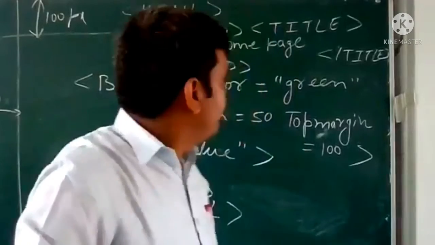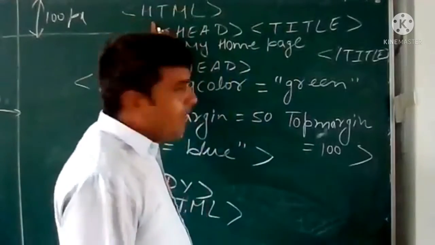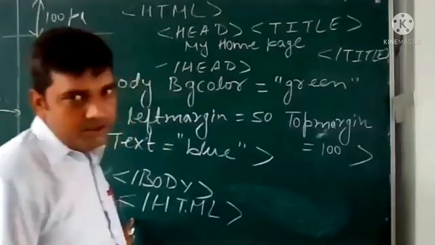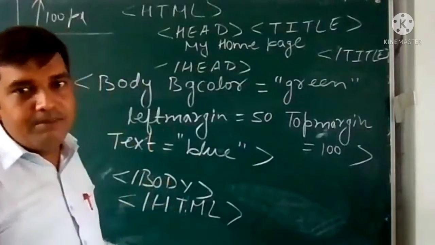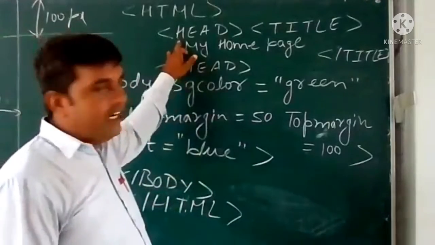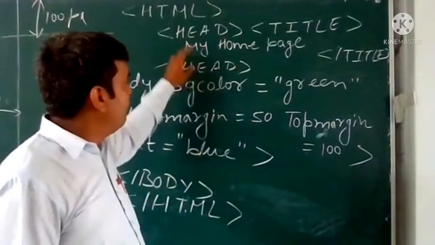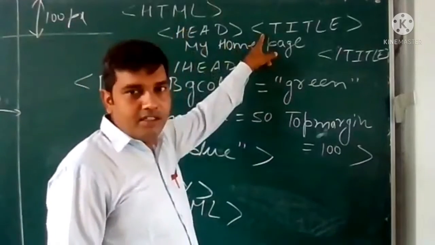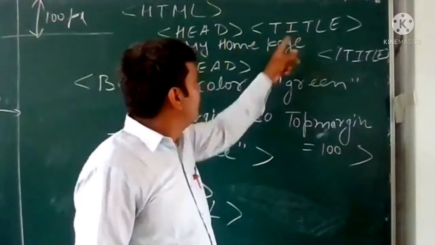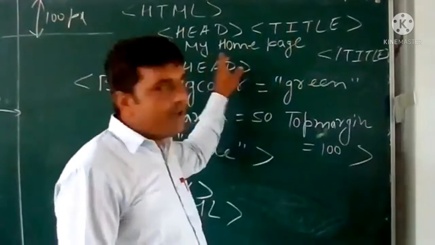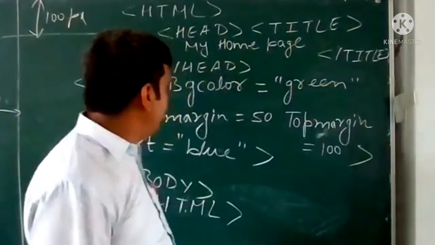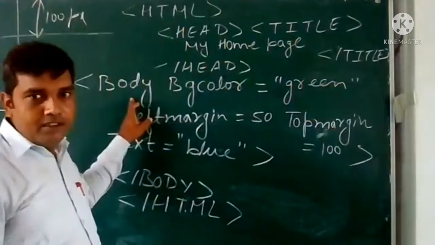Okay. So write the HTML code like this: first the HTML element open, and this is the HTML close. This is the HTML structure which you have to follow for writing the HTML program. After that, you have to open the head tag, and then head close. Between the head tag, you open the title, and inside the title, open and close, you write the title of your web page. Here I have set the title of my web page as my home page. Okay. After that, we open the body tag.